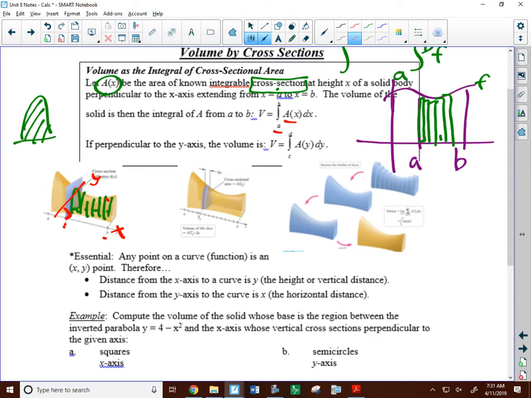But we could go perpendicular to the y-axis. So I could do the same parabola shape here, but it'd be going this direction. So notice if you go perpendicular to a different axis, it will be a different shape. Oh, they also could say parallel to an axis, but generally they say perpendicular to an axis. And so here, again, you take smaller and smaller of these parabola areas, and you do the integral, and it's the entire